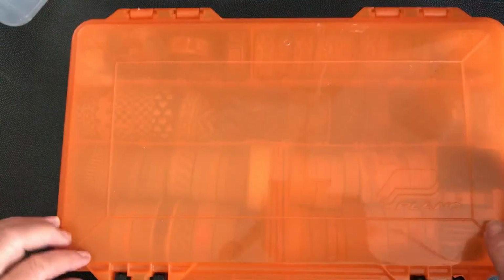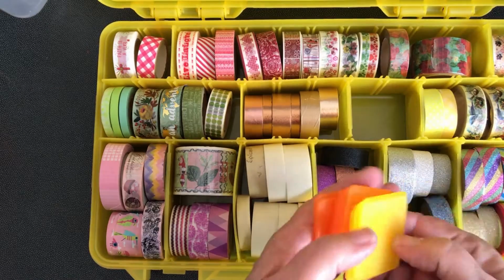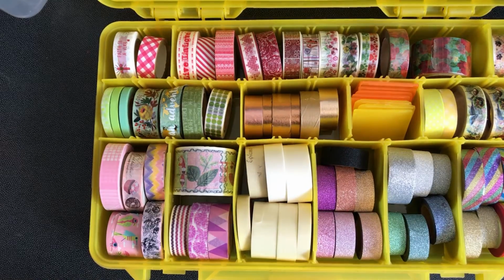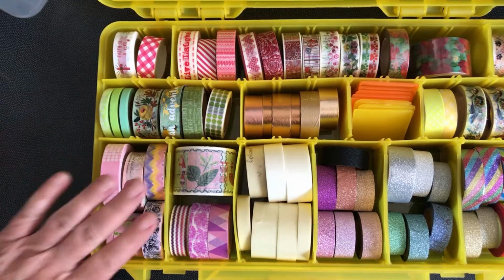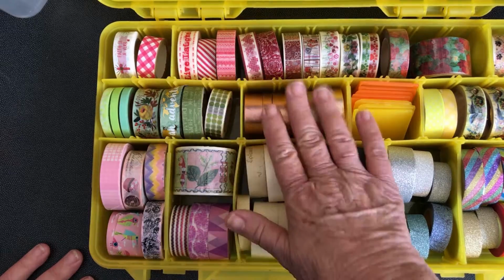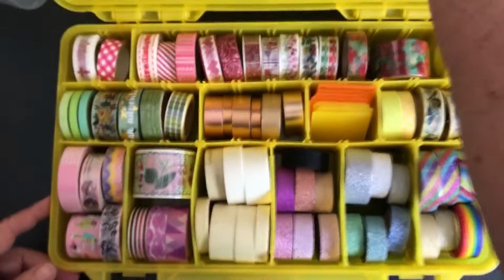Now that's one box, and this is the other box. And as you can see, I've even got one little container full of spare dividers. And there's all glitter ones there, rainbow ones, yellow, red and green, reds, greens, pinks, plain tapes, metallic paints, washi tapes, etc. So I just thought that might be of use to you, a nice quick easy way,